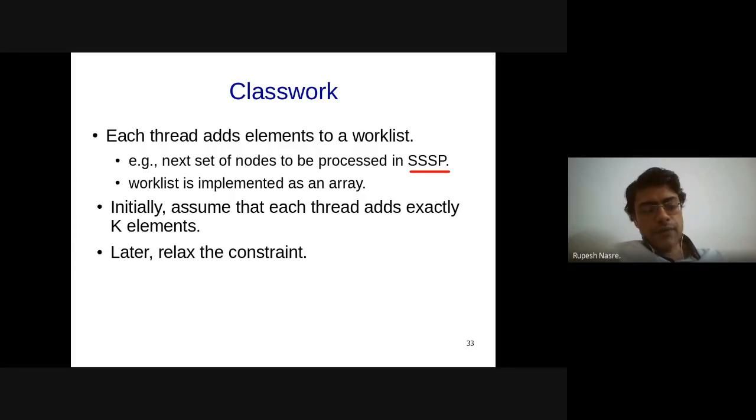For example, in the parallel graph algorithms that we are discussing, it is okay to insert elements in arbitrary order. It will affect efficiency, but it will not affect correctness. So depending upon the application, you may want to use one or the other. But performance-wise, you will not see much difference with respect to that.